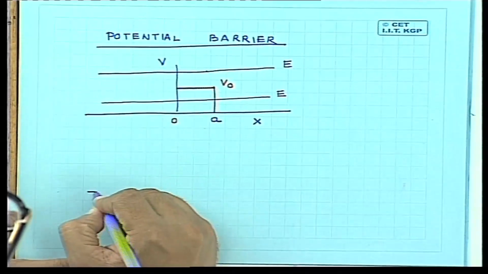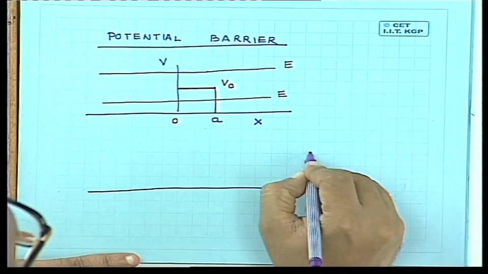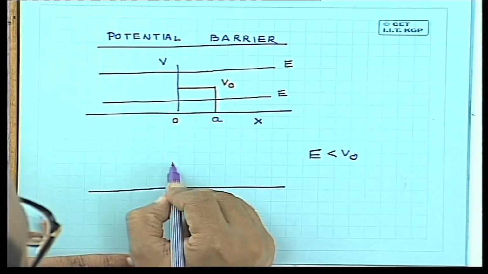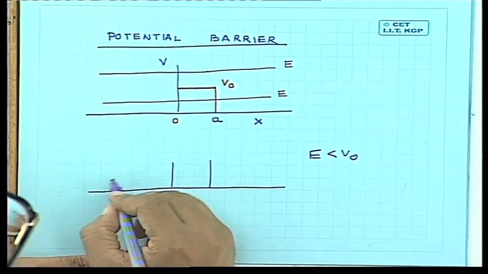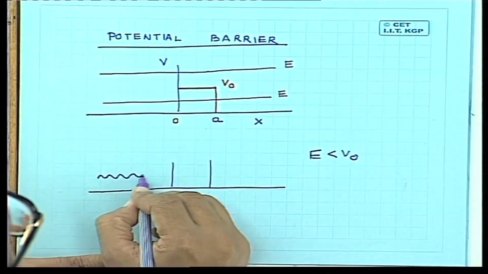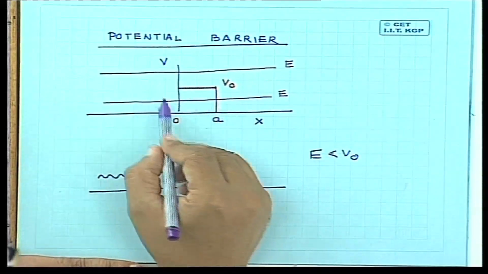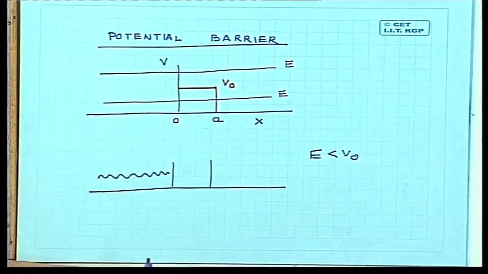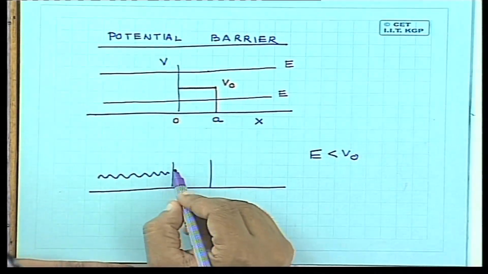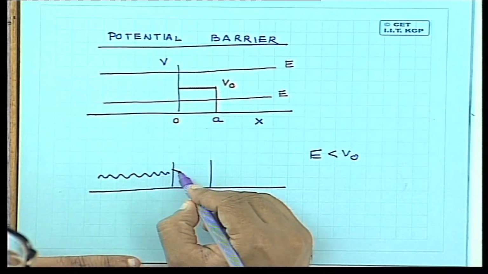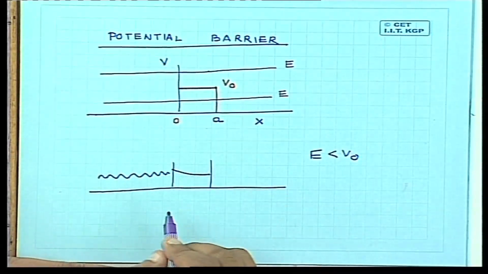So let me draw the wave here, E less than V naught. In this region the wave is going to be oscillating because the energy is greater than the potential. Potential here is 0. Once it reaches this region, the energy is less than the potential. The wave is going to have an exponential behavior. It is going to decay exponentially inside this,